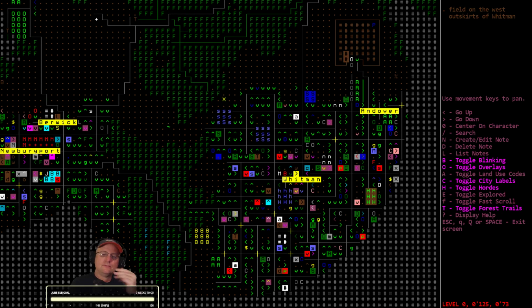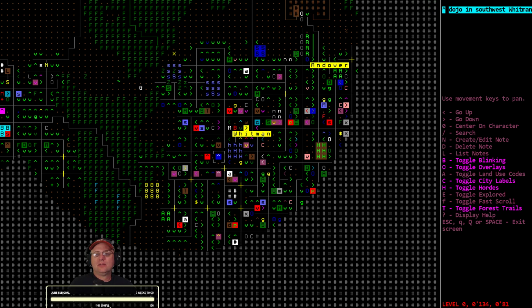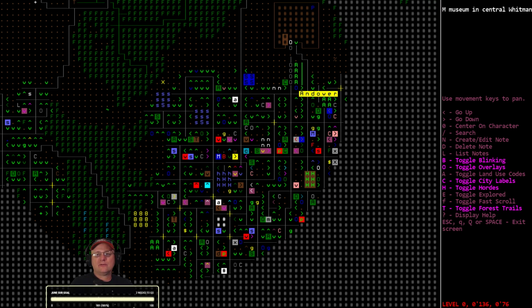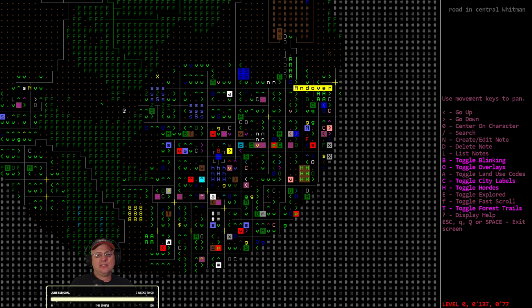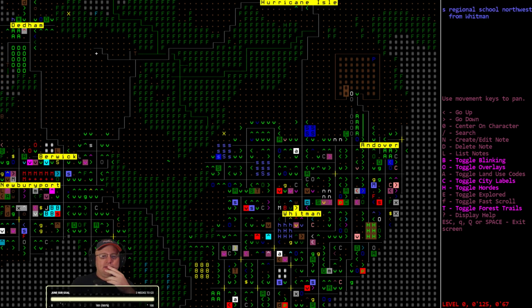What else? Not the only ones I can think of. Is this a dojo down here? That is a dojo. Dojo across from a bookstore, just around a corner from a museum. Unfortunately, right on the nameplate. It's going to be a million zombies. And I won't have...